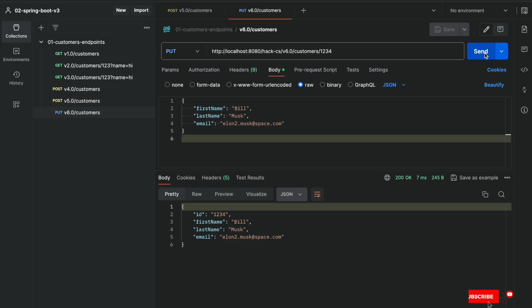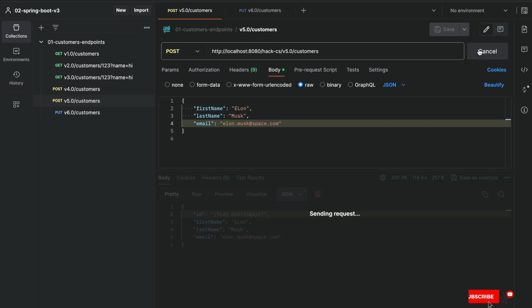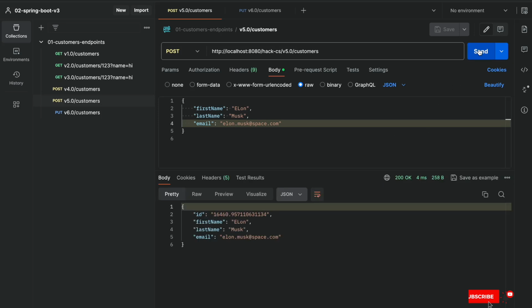Multiple times I called, there is no change. Now as soon as I go to post, you just see this ID number. Even though like this, we try to mimic that scenario so that you can understand what is happening. See, whenever we are running this, my ID is changing. Just imagine that this post is creating a new record in our database or our Elasticsearch or our Kafka queue,